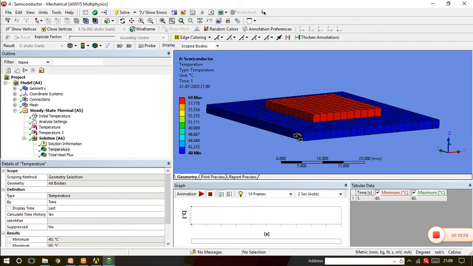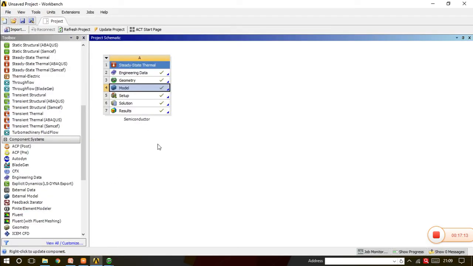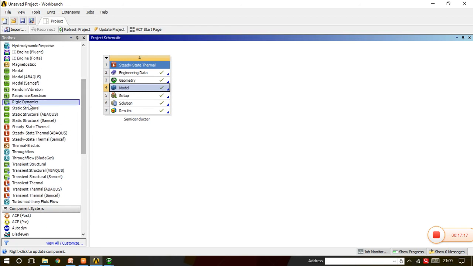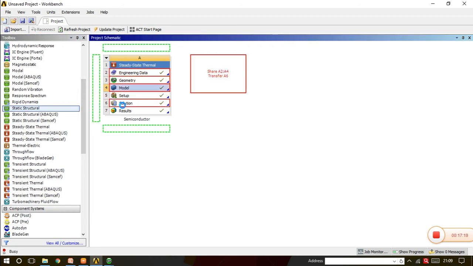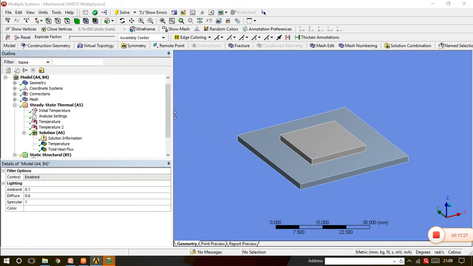So now we'll go to the static structural for deformation and for the stresses. So go to the project schematic and drag static structural and put it onto the solution, so that all the properties and all the results are forwarded, and double click on the model.